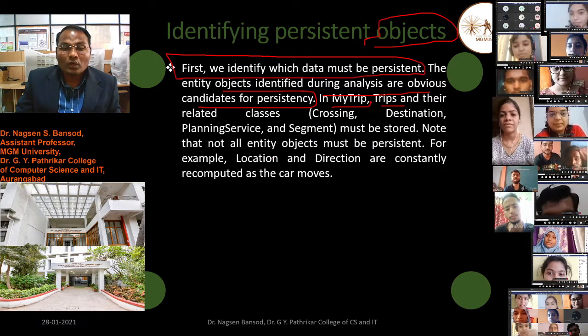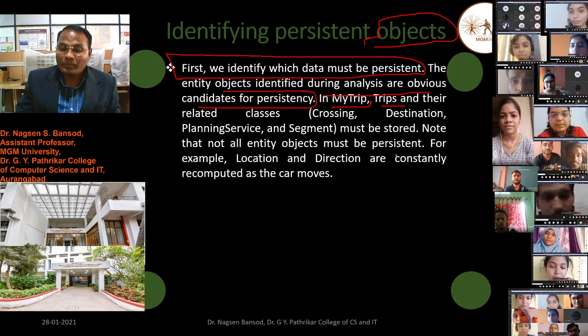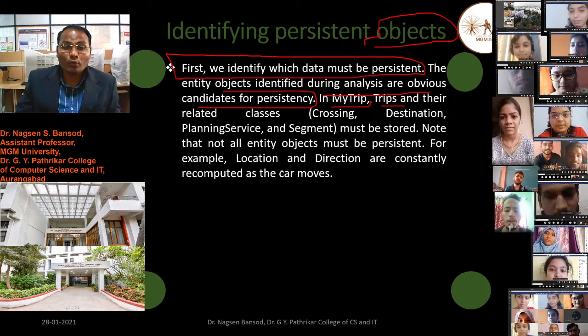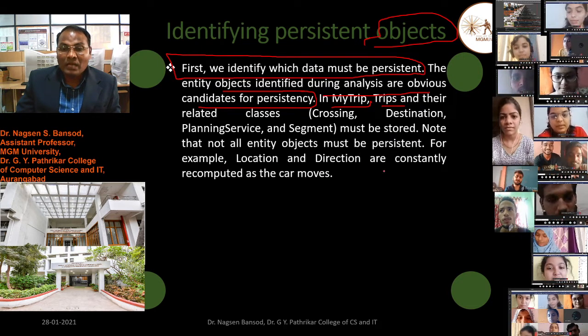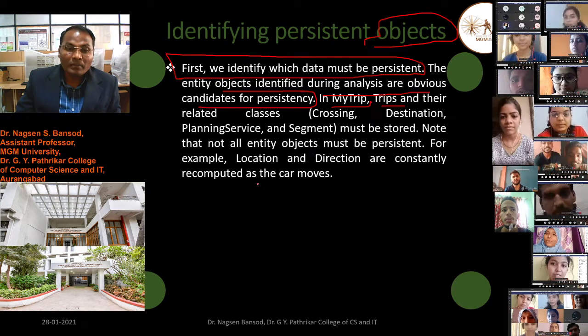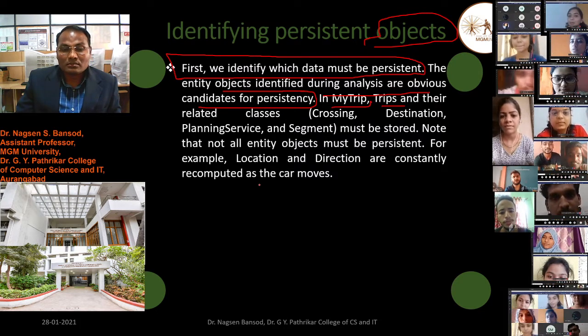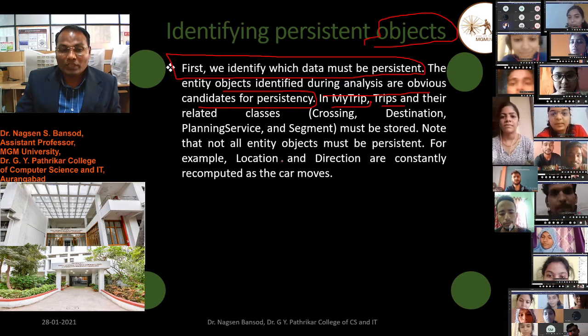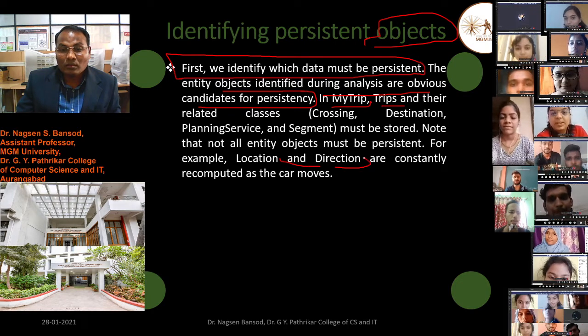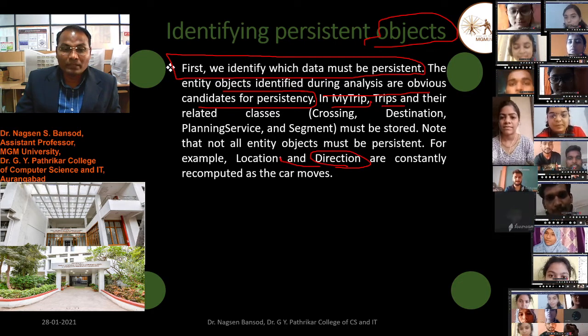Note that not all entity objects must be persistent. For example, location and direction are constantly recomputed as the car moves.